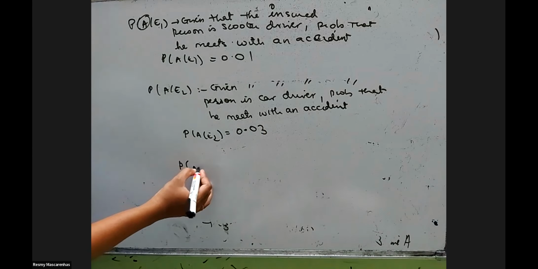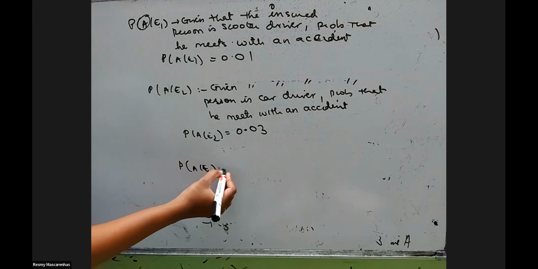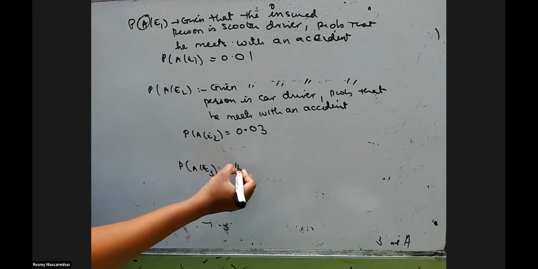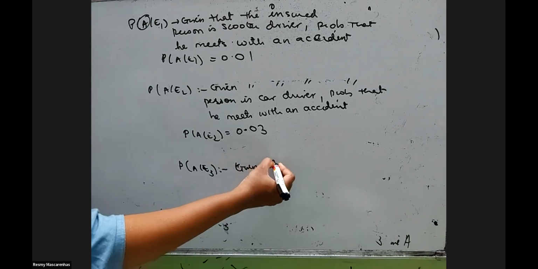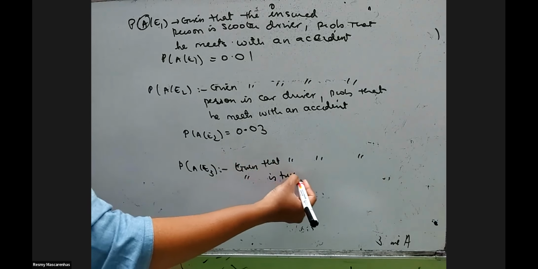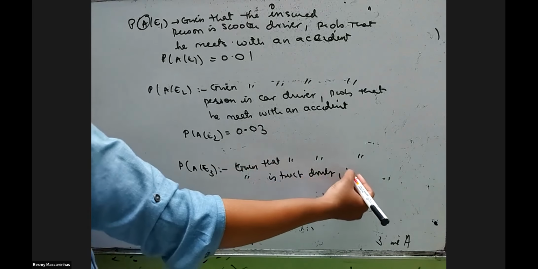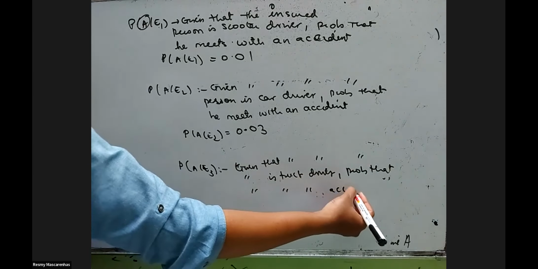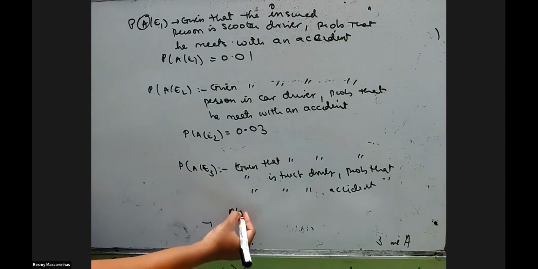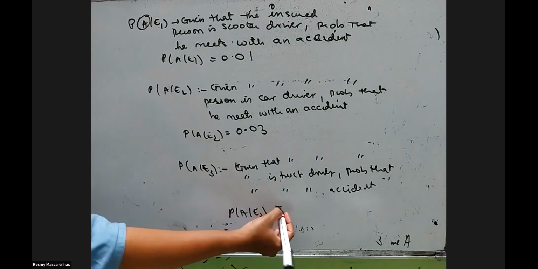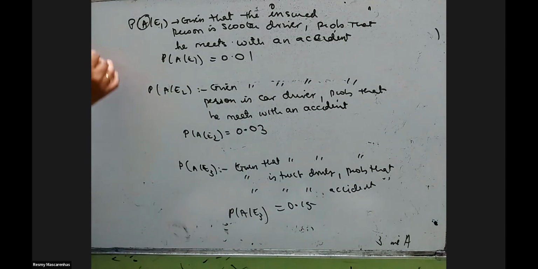Then P of A upon E3. These are 4 marks problems. If you can understand, well and good. Given that truck driver, probability that he meets with an accident, P of A upon E3. The probability of truck driver meeting with an accident is given as 0.15. So we are done with